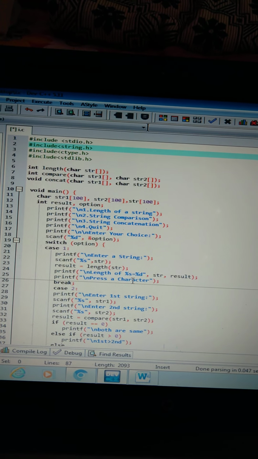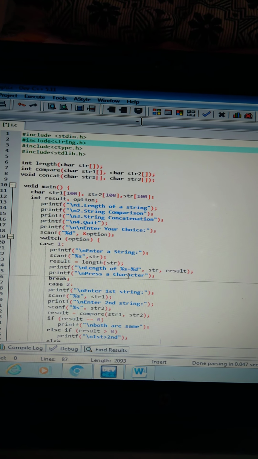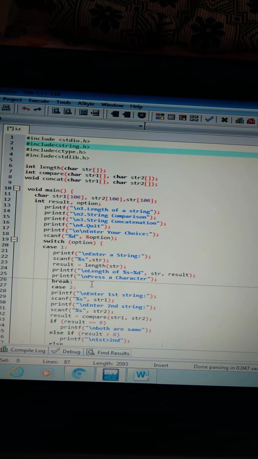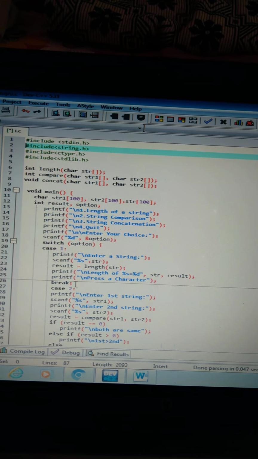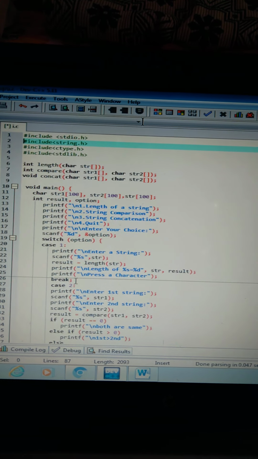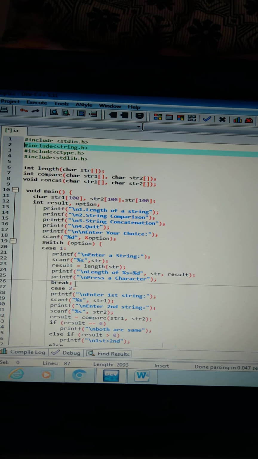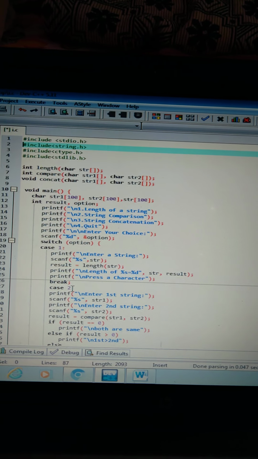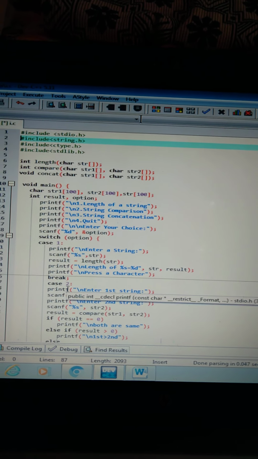Okay, press any key on the keyboard, like we press enter, and this will stop calculating the length of the string after giving the result, and we will go for the next case. Case second is